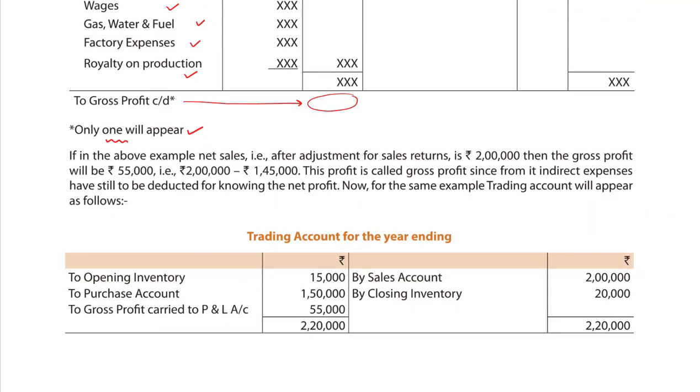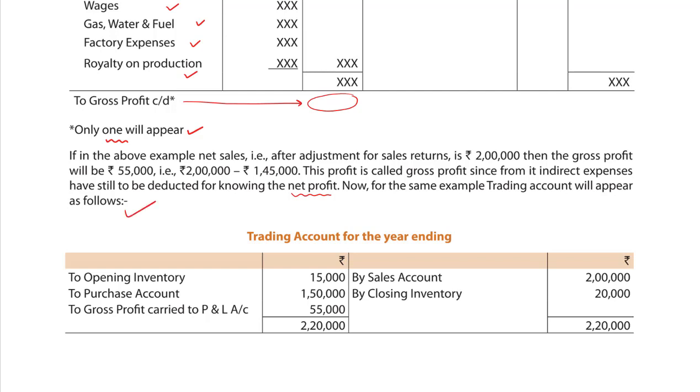If in the above example the net sales, that is after adjustment for sales return, is 2 lakh, then the gross profit will be 55,000, that is 2 lakh minus 1 lakh 45,000. The profit is called gross profit since from it indirect expenses have still to be deducted for knowing the net profit. Now for the same example, trading